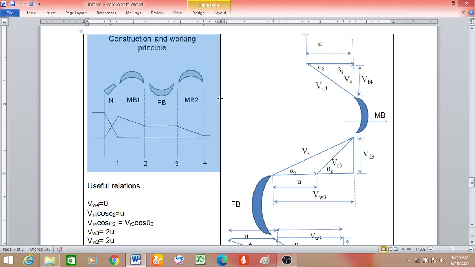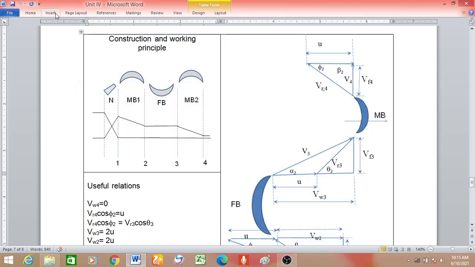Sorry, it will be like this. So the rotor will be like this. So you will be having the rotor, okay, it will be like this, and the shaft will be like this. So the fluid is parallel to the axis of the shaft. And coming to the pressure, the line here shows the pressure.